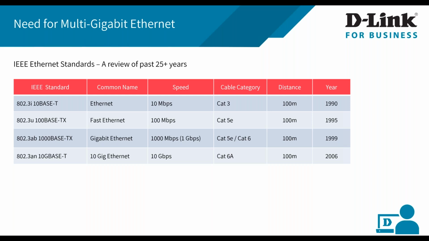The 10 Mbps and 100 Mbps standards, which were introduced almost 3 decades back, are still in use today. We use 100 Mbps for low bandwidth applications, like video surveillance. And gigabit has become the de facto speed for most applications, whether to connect the desktop, laptop, IP phones, wireless, video surveillance, or any network connectivity for that matter.